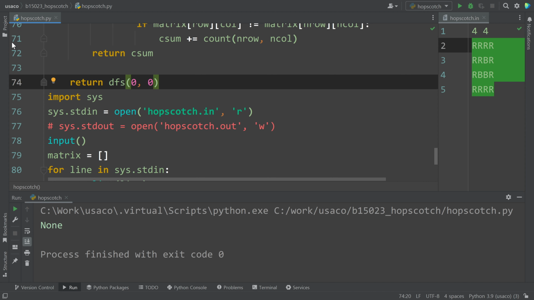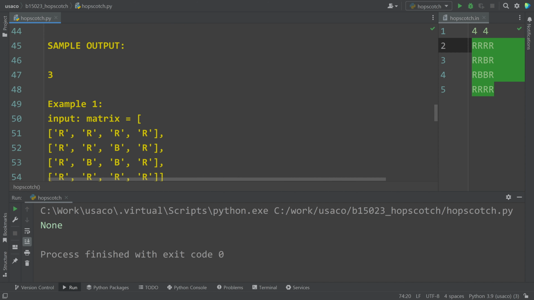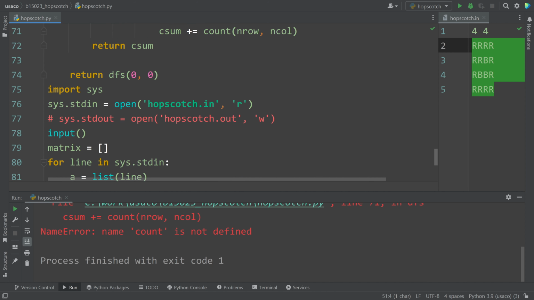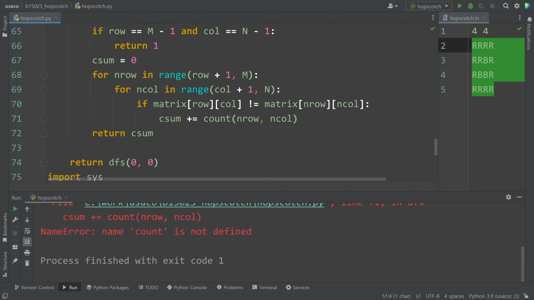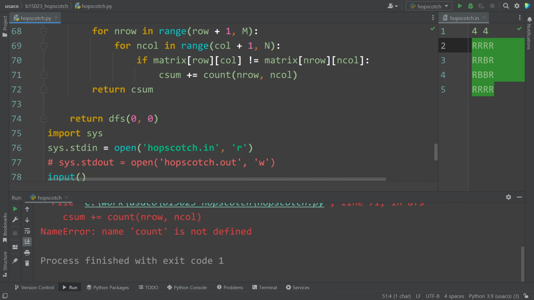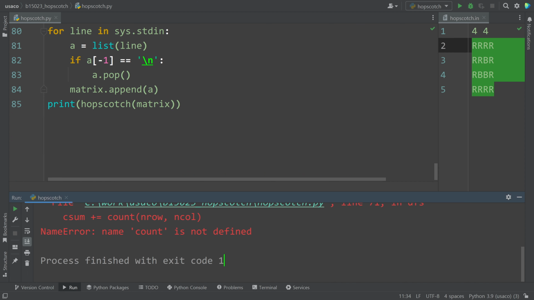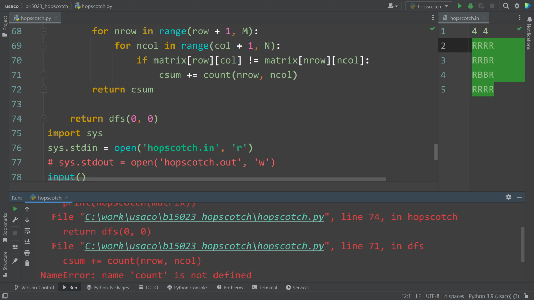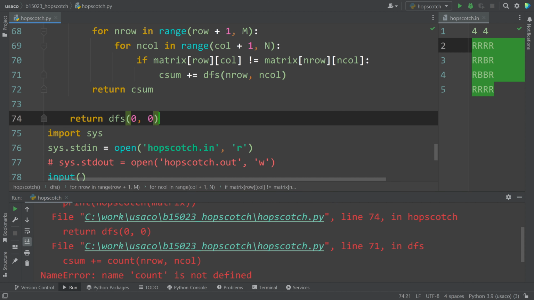That is the start point. Start point must be here, right? Where is count? DFS